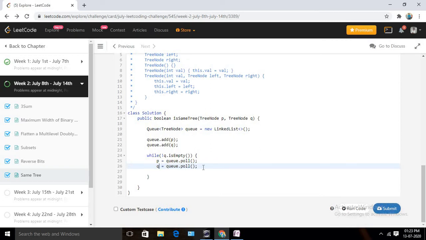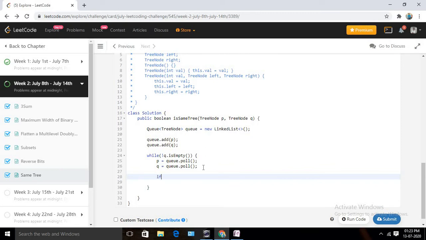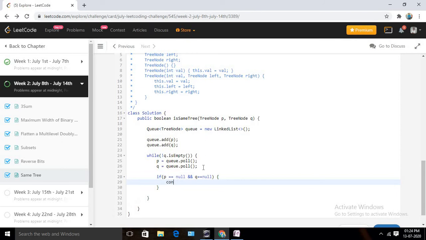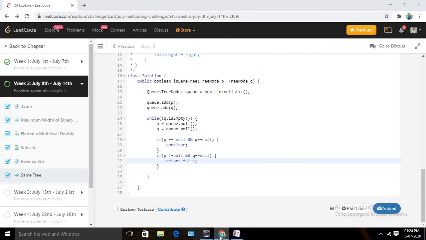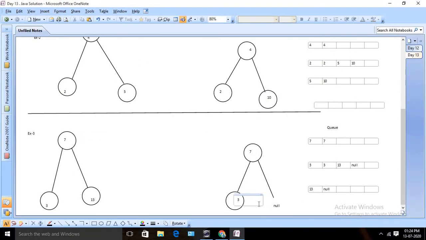Okay, fine. Now I need to check my logic, right? At first my logic should be, if p equals null and q equals null, then we are going to just continue. We don't need to perform any further operation, right? And if p not equals null and q equals null, then again we can return false, right? We don't need to perform anything, because whenever one side is null, we don't need to check the value.